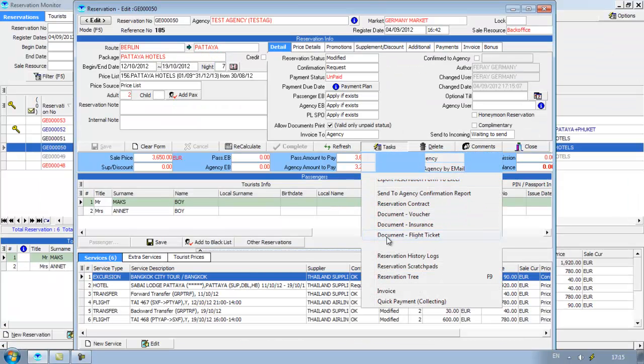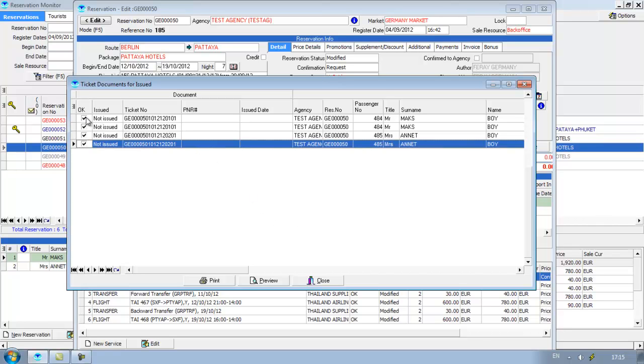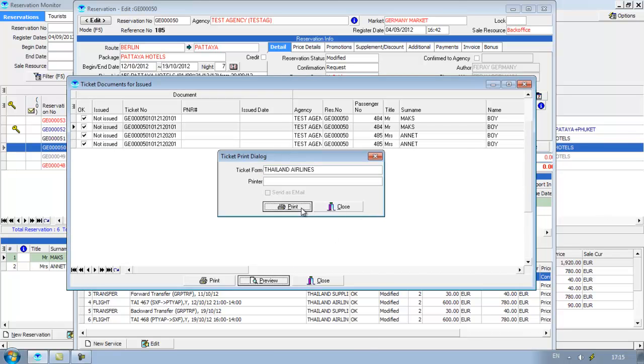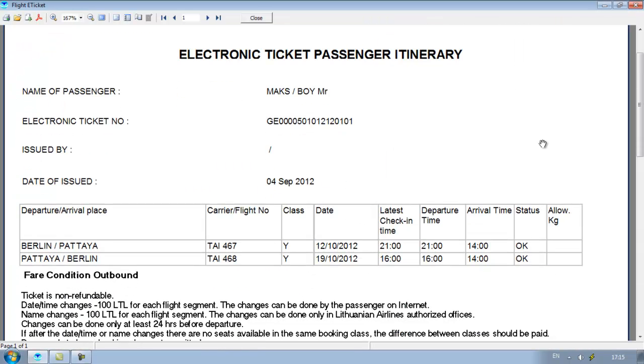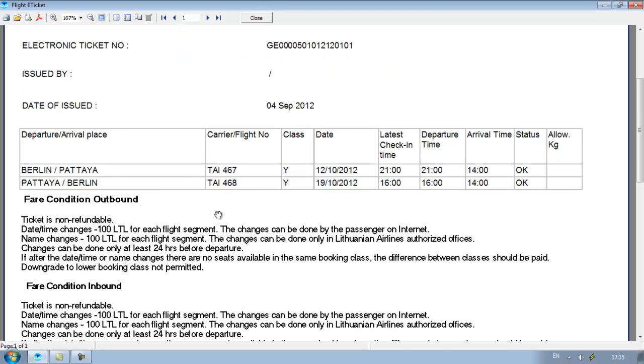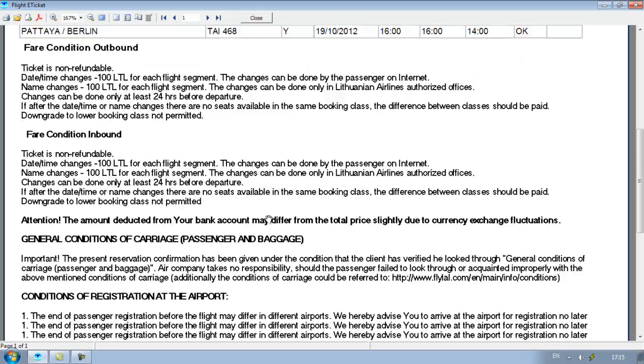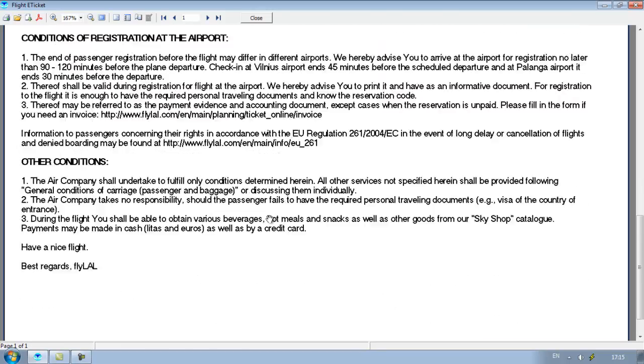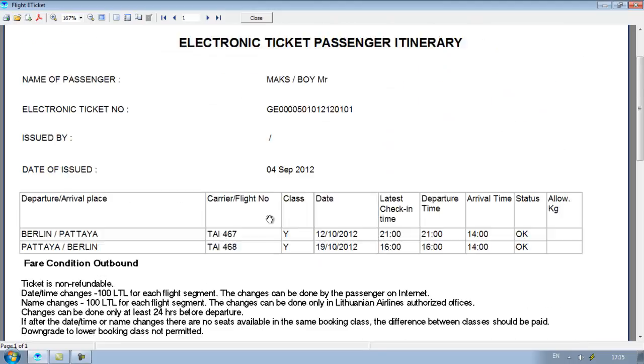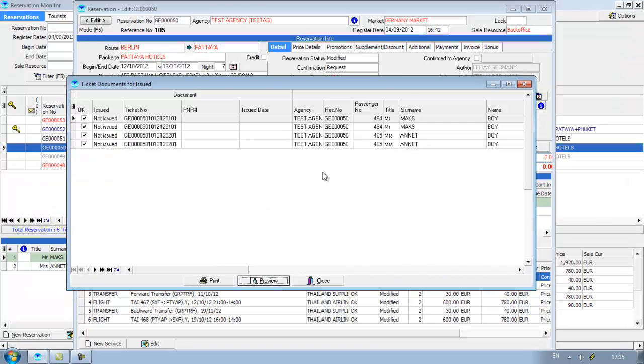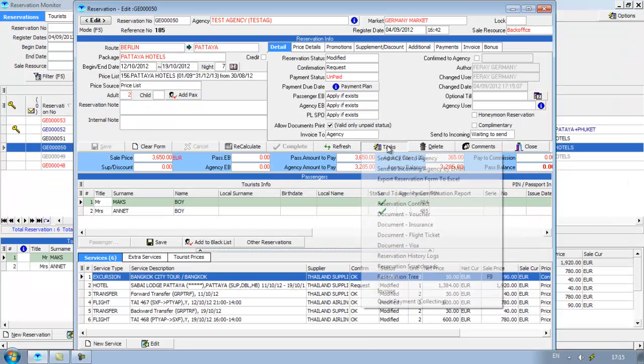Next is flight ticket. For example, I see that my flight ticket is not issued for each passenger. I can click on preview and see that the electronic ticket is also ready here. All the flight information and the general information I can edit as a text for the tourists. Next step is